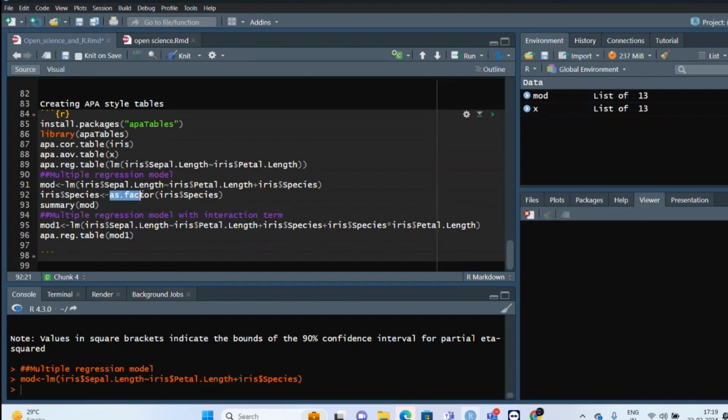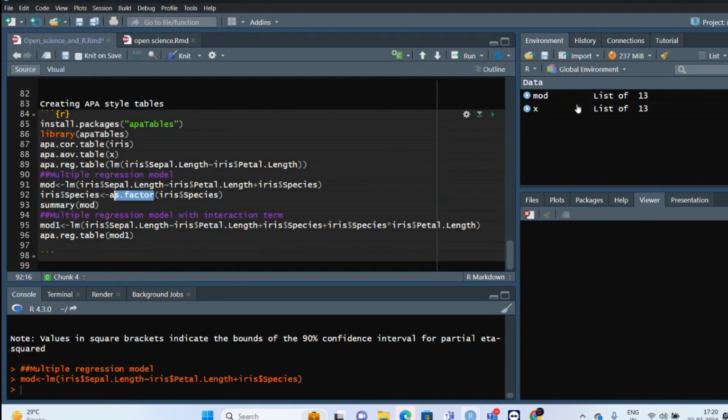Now I want to show this one particular function called factor. Usually when you are importing your Excel file, whatever categorical variable you have, it is stored as character data type. But in order to use it in your regression model, you need to change its data type to factor so that R knows that it is a factor data type, and it will accordingly create regression models for various levels. So it will treat it as a factor. In order to convert your character data type into factor, just use as.factor and enter the column name inside the bracket. Right now, species is already in factor type. So I'm not again running this, but just remember whenever you are importing from Excel, if there is a character